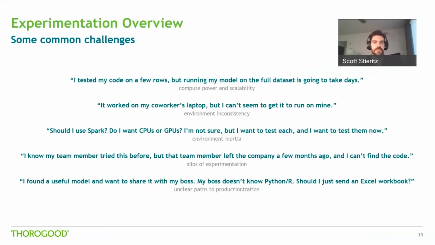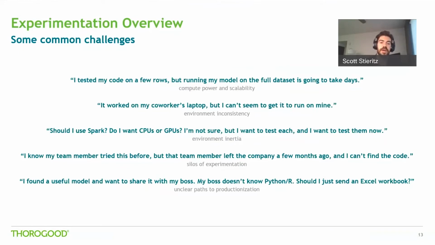My coworker built this and it was working on my coworker's laptop, but now that person sent it to me. I'm trying to run it on my laptop and all of a sudden it doesn't work the way that they had built it. So, around consistency of environments and some other considerations like how quickly we can change our environments, how flexible they might be, how easily we can collaborate with people on this experimentation. I mentioned clear paths to production. So what the productionization process might look like in the future if we get to something valuable.